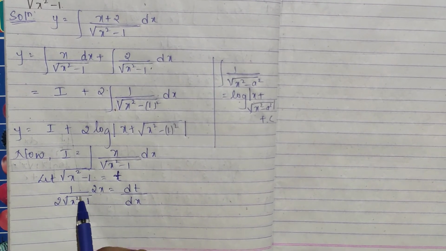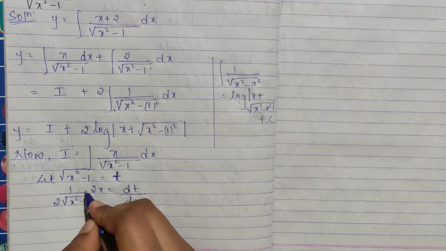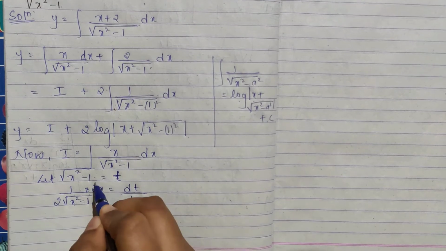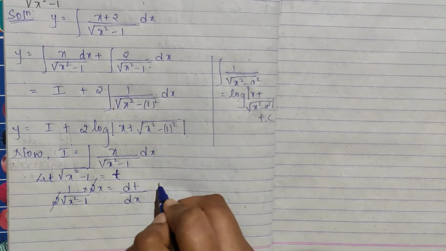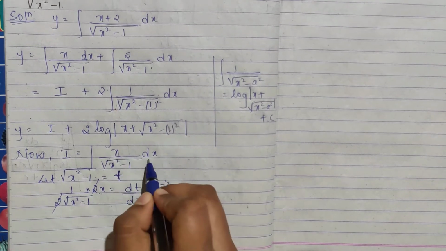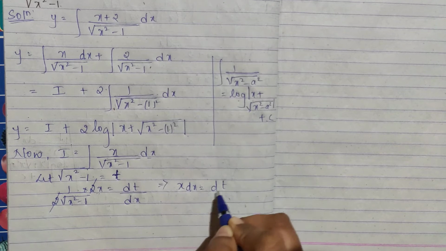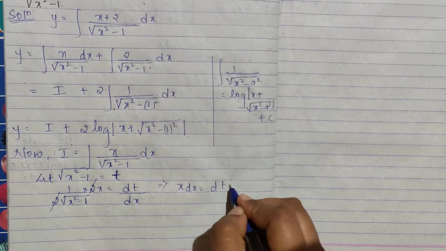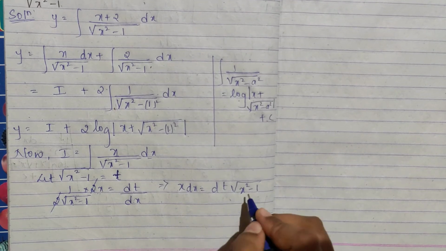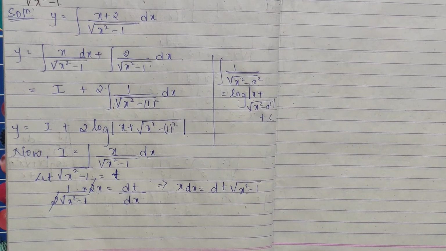Again here it is x square. Please make sure again you have your function. So interior differentiation of x square is 2x. T will be dt by dx. So the 2 gets cancelled and you are having x. See, here you have x dx. So x dx only I will directly find out. I will get dt, and this goes here root of x square minus 1. Right, and root of x square minus 1 we have taken as t only, so we can substitute it as t.